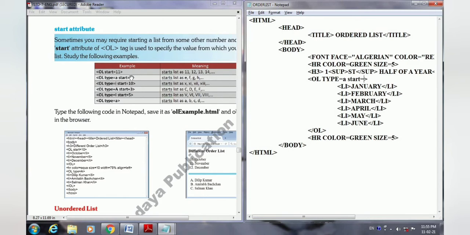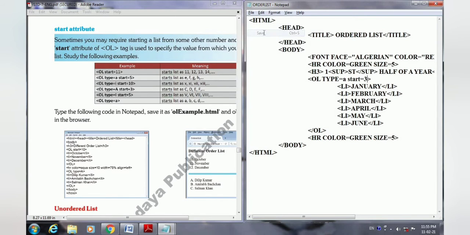See, if you give 5 then it will begin with E. Now C is at which position in the alphabet list? It is at the 3rd position. So here you can't write C. Here you have to give the value of where that alphabet is positioned in your alphabet series. So it is at the 3rd position, so I am writing 3 there.